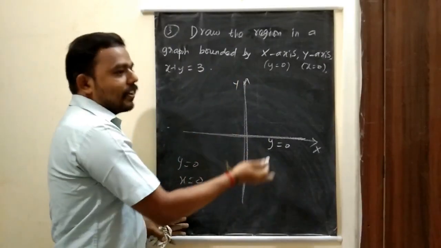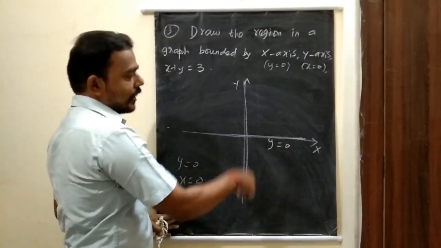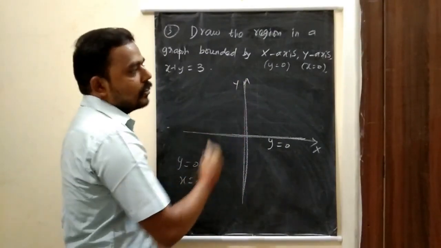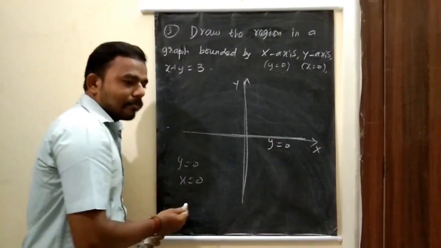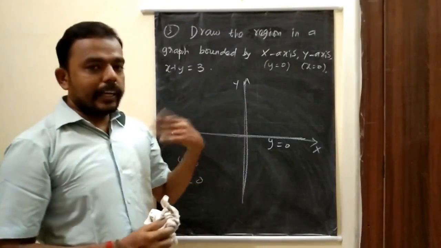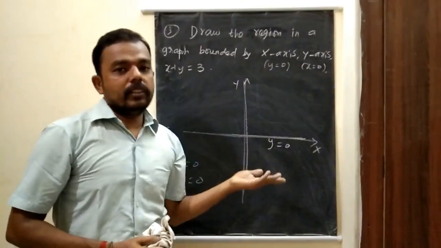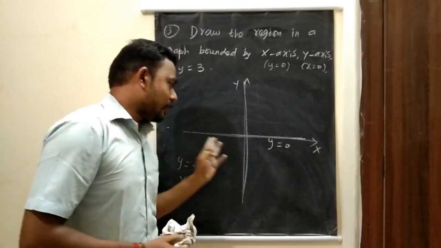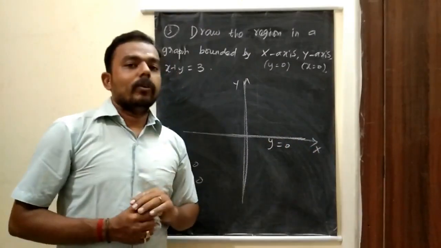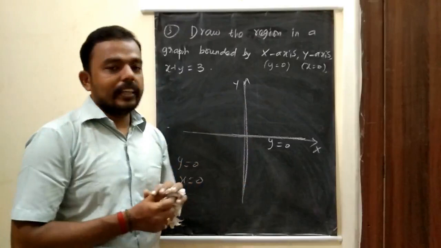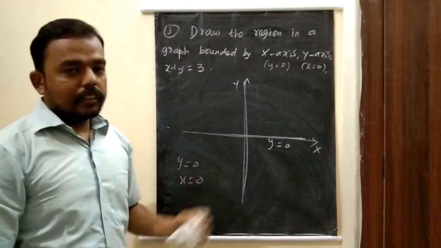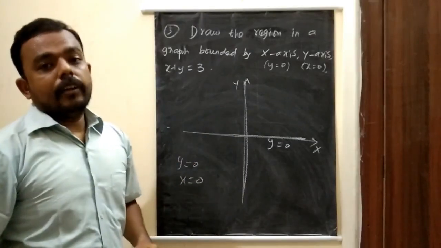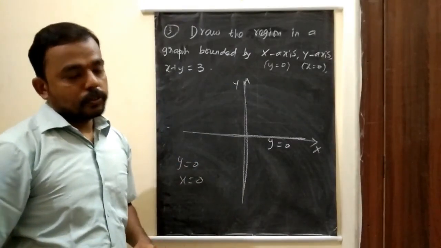So for the y-axis, the x value is 0. That is vertical, and the distance from your y-axis is 0. So here the y value varies, but the x value is fixed as 0. Here the y value is fixed as 0. So that's why this axis is the equation y equal to 0, and this axis is the equation x is equal to 0. We may draw this situation also from our previous class: y equal to constant and x is equal to constant situation.